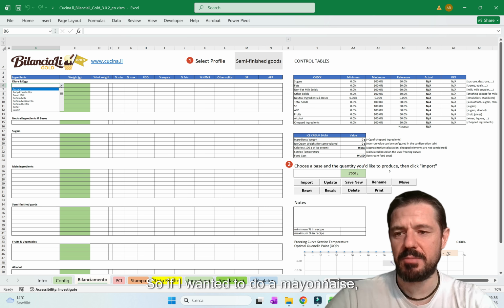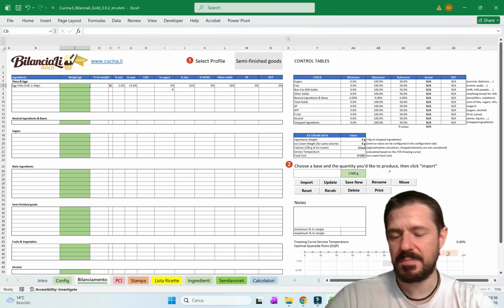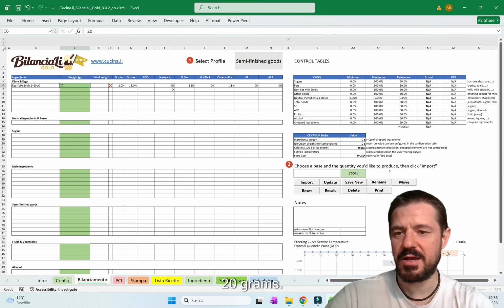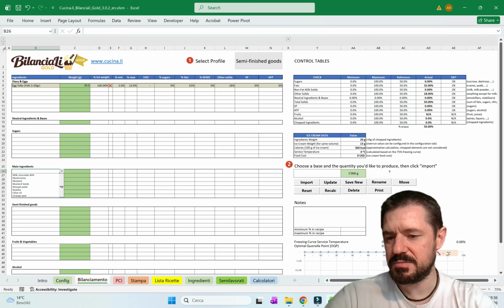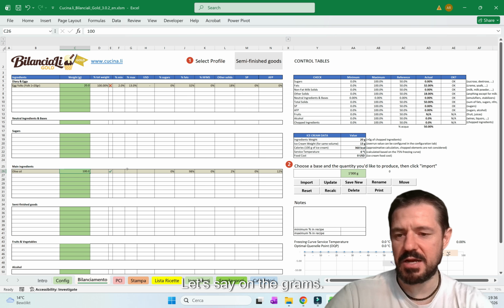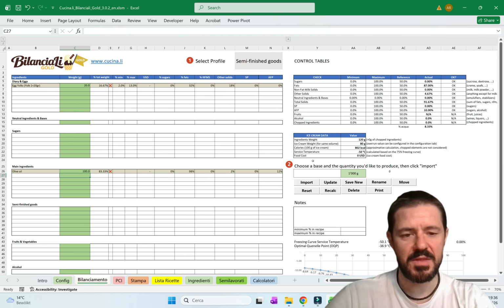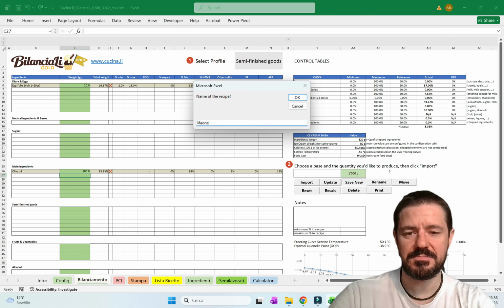So if I wanted to make a mayonnaise, let's put egg yolk, I don't know, 20 grams, then we have some olive oil, okay, doesn't matter now, I put olive oil, but of course it's with seed oil, let's say 100 grams. I mean, you can add all the ingredients, you can save it, let's call it mayonnaise,